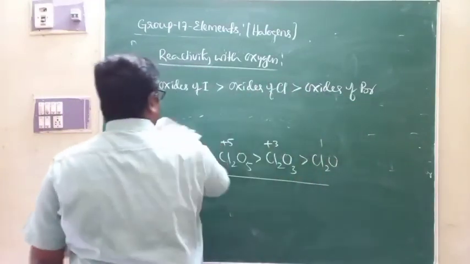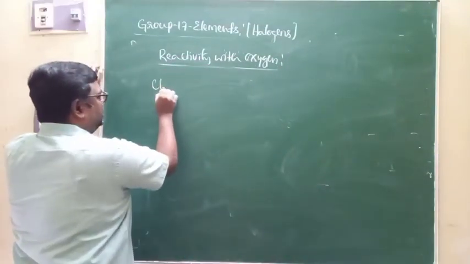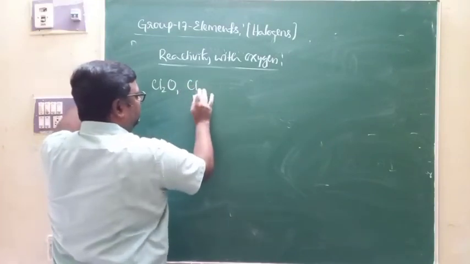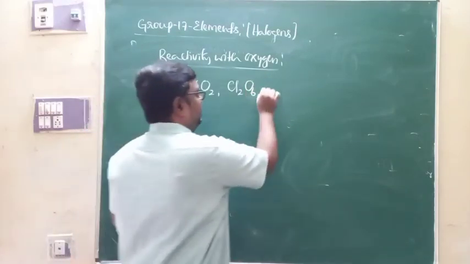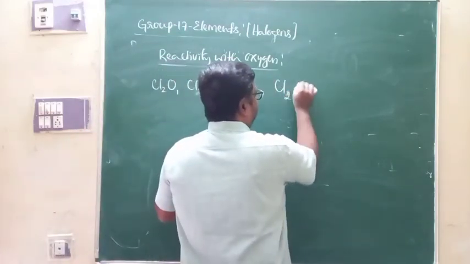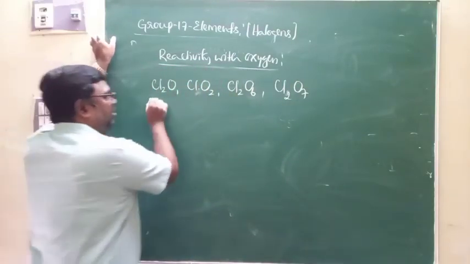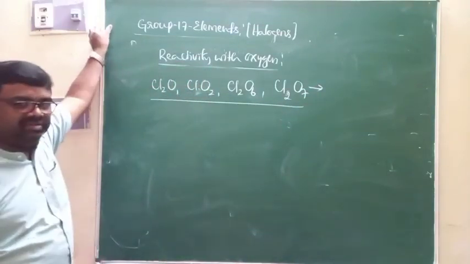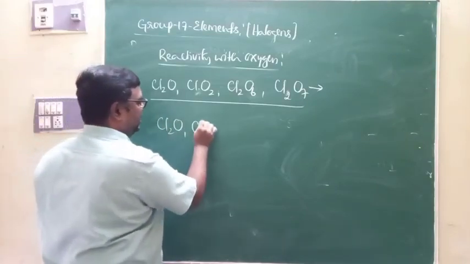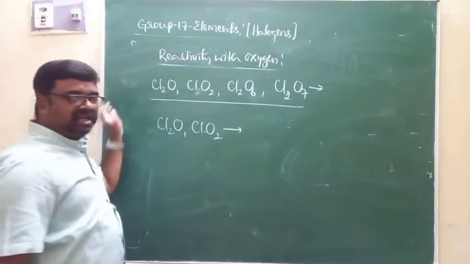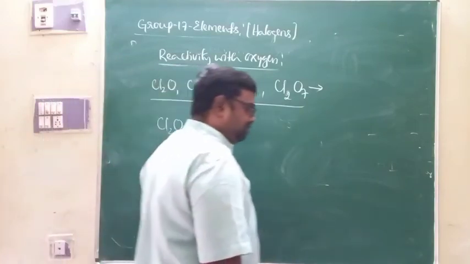And of course, as far as chlorine is concerned, chlorine can form oxides of the type chlorine monoxide, chlorine dioxide, or you can say Cl2O6, chlorine trioxide or dichlorine trioxide, and you can say chlorine heptoxide, Cl2O7. These are the oxides that you can expect in the case of chlorine. All these oxides are highly reactive and of course powerful oxidizing agents. Because of that, chlorine monoxide and ClO2 are used as bleaching agents, especially in paper industries, in order to bleach the pulp of the paper.